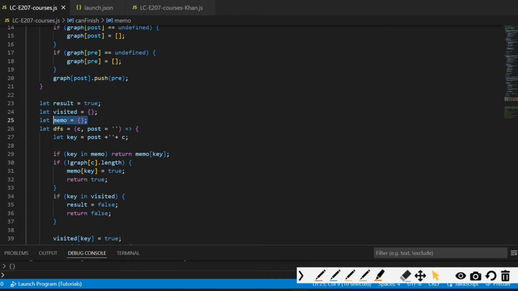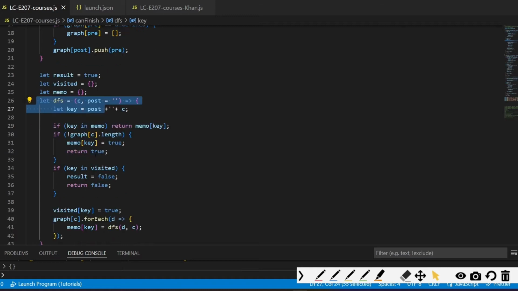And so that's what this is for. And so here we have our recursive method. And we know usually in recursion, we return what we've stored in memo. This is our base case. So if it's empty,